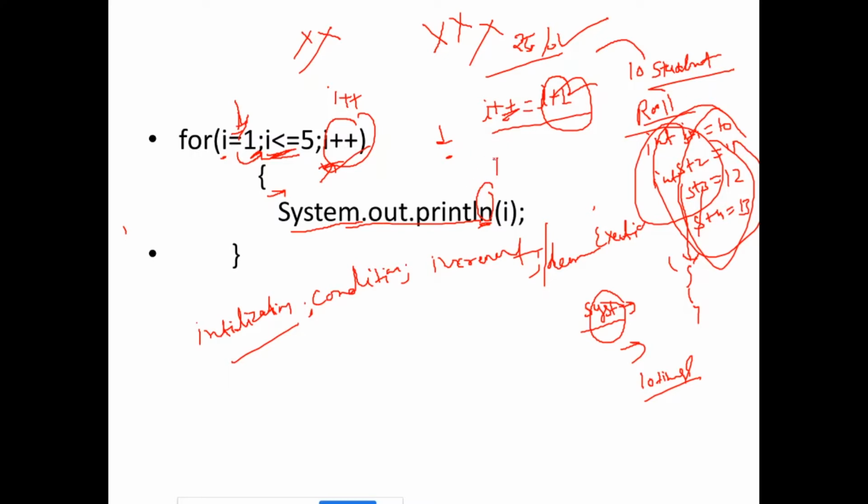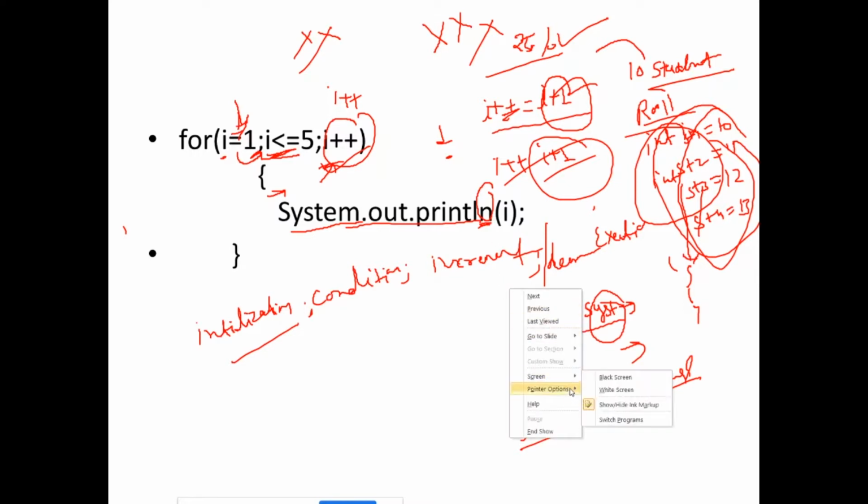So you just need i++ while otherwise you need to use i = i + 1, right? So don't ignore that and use this increment operator. It will increment by 1. i plus plus will be responsible to increment by 1. So let me erase this first so that there will be a clear understanding, because there is a lot of mess.